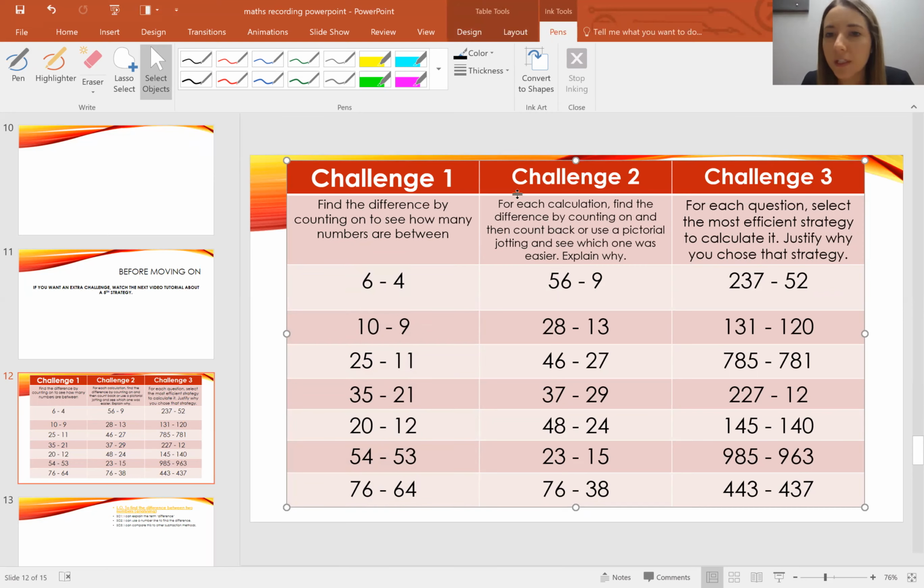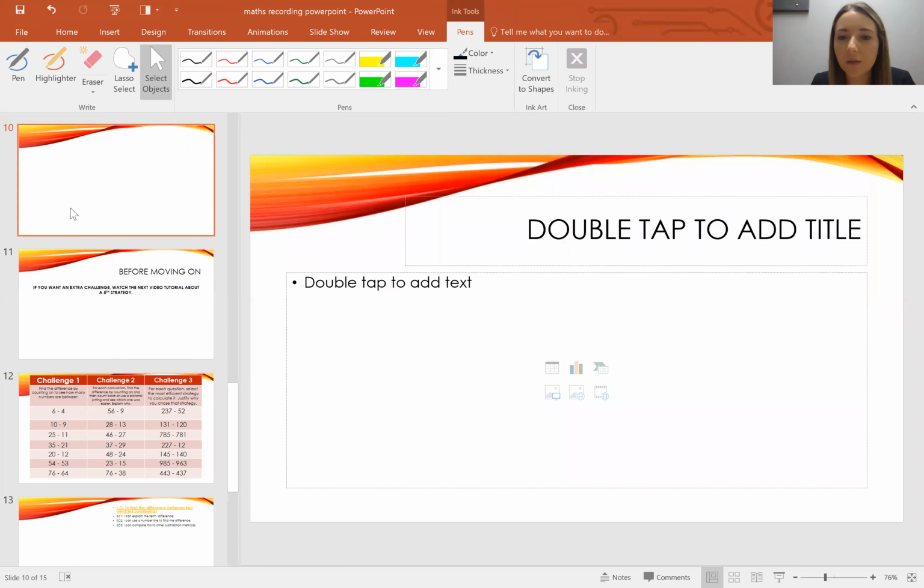If you'd like a bit more of a challenge, then challenge 2 is for each calculation, I want you to find the difference by counting on, and then either count back on an empty number line or use a pictorial jotting to subtract and see which one was easier and explain why for each one. So, for example, if you've got the first one, 56 take away 9,